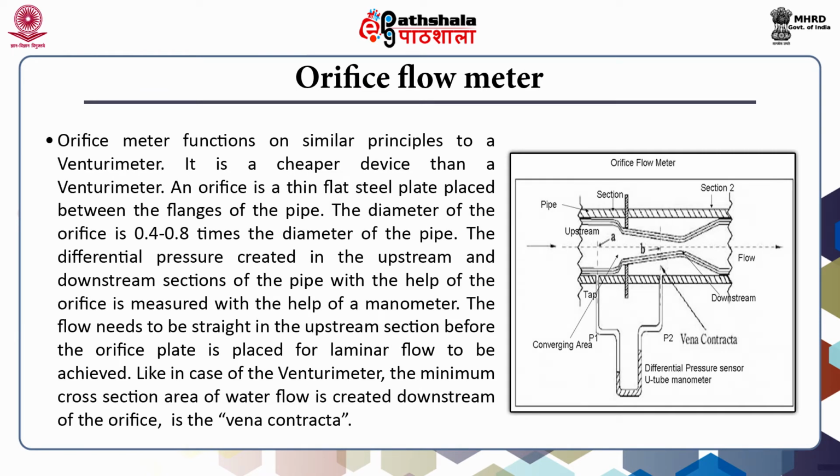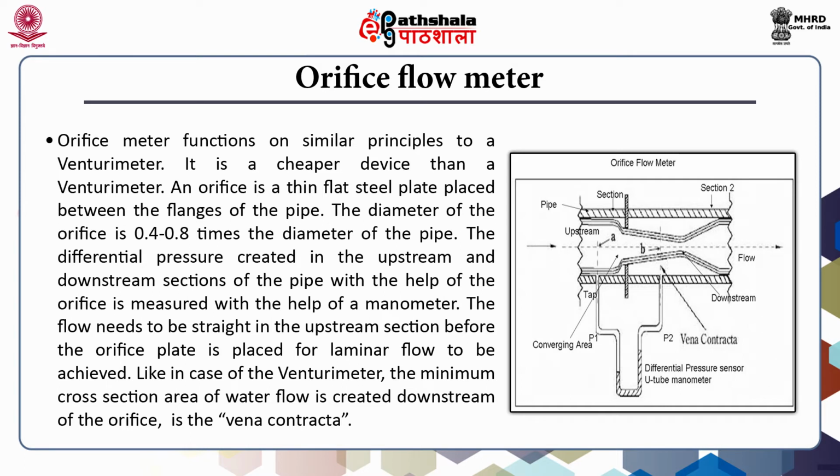As far as the orifice flow meter is concerned, the principle of vena contracta works here too, but the orifice flow meter is nothing but a very thin steel plate or an aluminium plate which is put in the pipe to create this constriction. And here again we often place a manometer, which measures the pressure difference upstream of the vena contracta and downstream of it. Of course V2 is greater than V1,